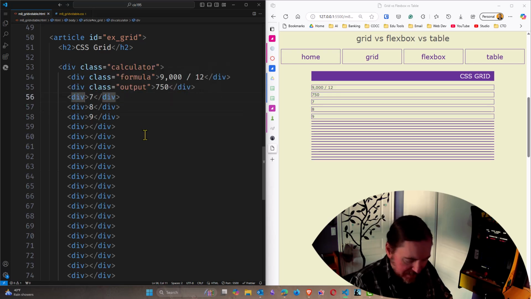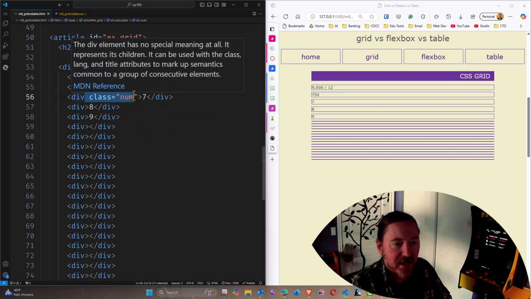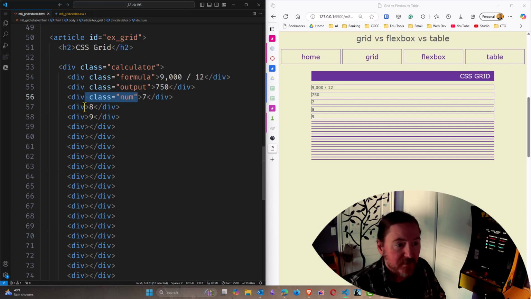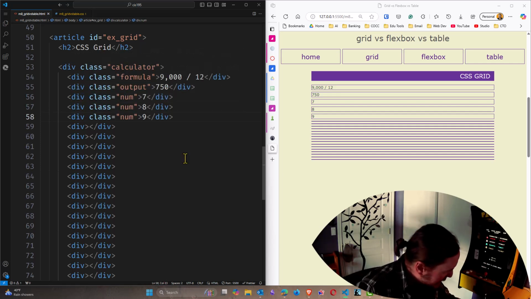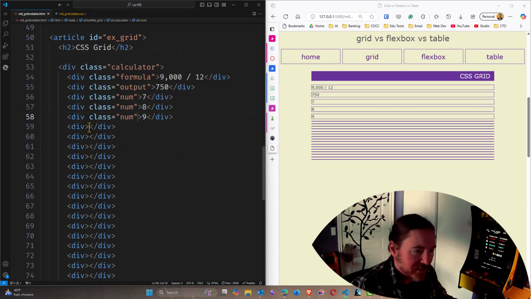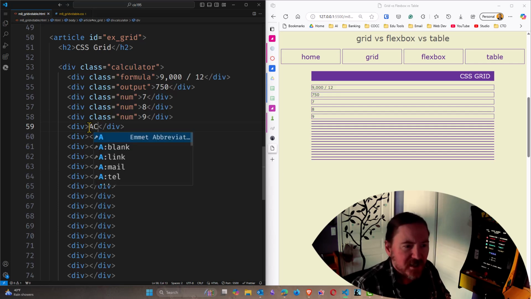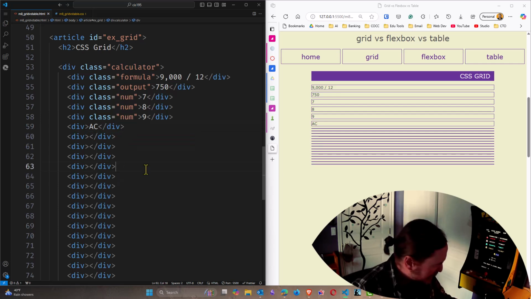And I'm going to put class equals num for these. And I'll just copy and paste that. Okay, those are 7, 8, and 9. Now after that, there's a button, just AC, for clearing out the calculator screen. Okay, now after that